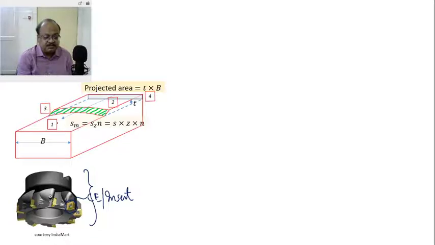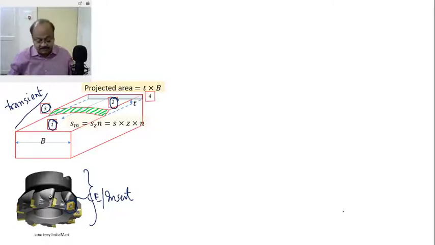This is the job. This is the surface number 1, which is the finished surface. This is surface number 2, which is the unmachined surface. This is the surface number 3, which we are calling the transient surface. Earlier also I have used this surface; it is not constantly available. It is getting regenerated in each pass, and the cutter is rotating in this direction with a velocity of Vc, and it is advancing in this direction, rather the job is coming in this direction with a feed rate of Sm,